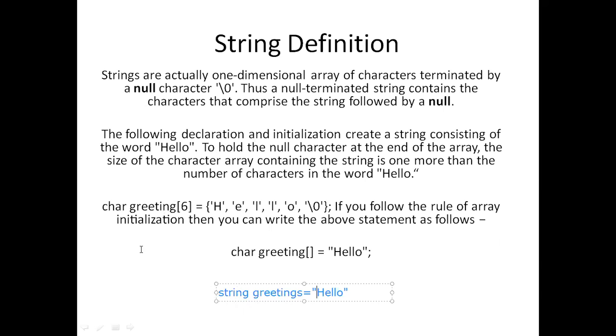If I do not declare it like string greetings, if I declare char greetings[6], there is no need to keep \0. We may put it or we may not put it. It is optional. But if I declare something like string greetings, automatically by default at the end of hello, \0 will be stored. So that is a small difference, nothing to bother about. In one word, a string is a one-dimensional array of characters terminated by a null character, \0. Okay, so I think you have clarity about the definition.